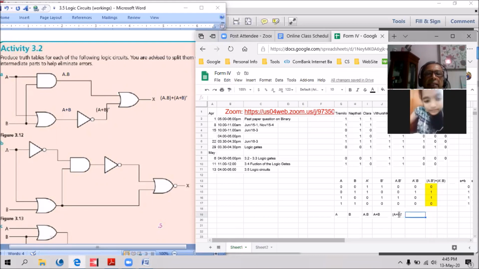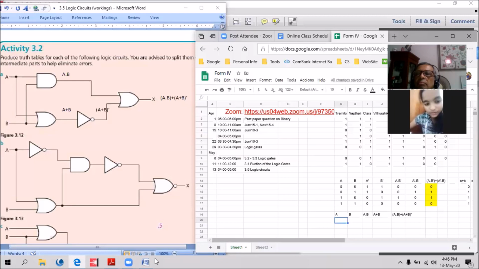So the final one is A dot B plus A plus B whole thing inverted. Correct. So let's go and put the values.